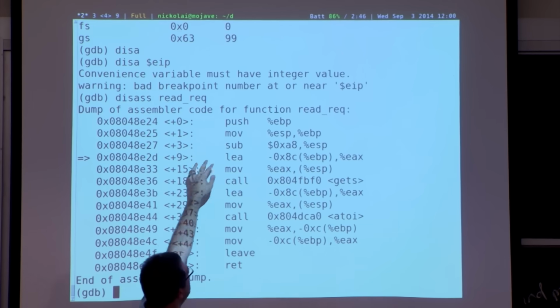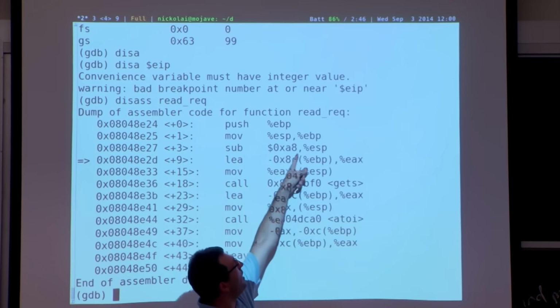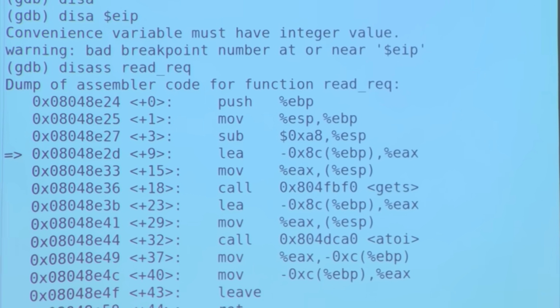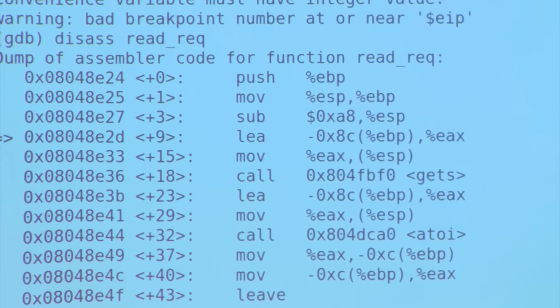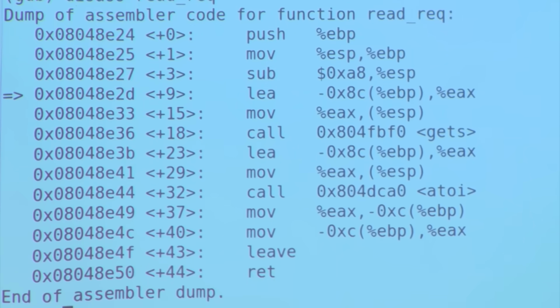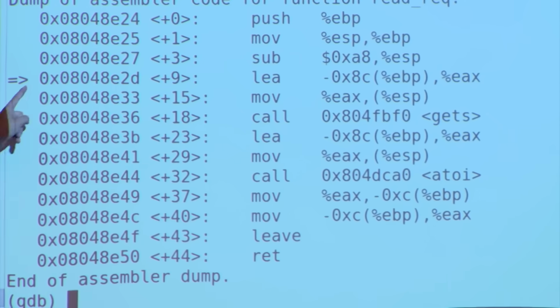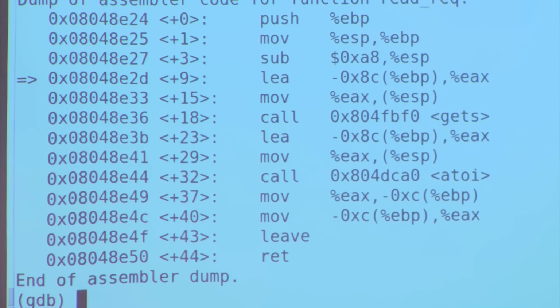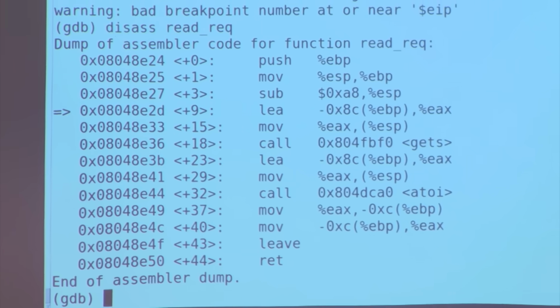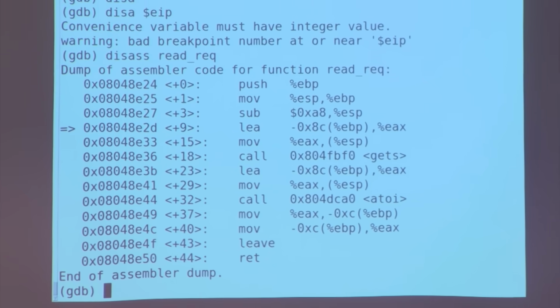But the first thing it does after that is subtract a certain value from the stack pointer. And this is basically making space for all those variables, like the buffer and the integer I we saw in the C source code. So we're actually now 4 instructions into the function here, so that stack pointer value that we saw before is actually already in the middle, so to say, of the stack.